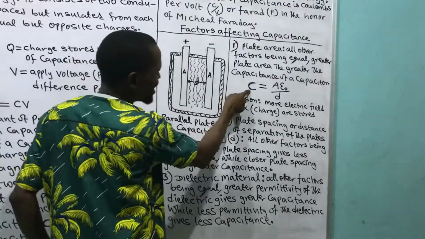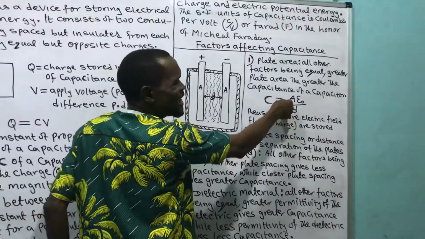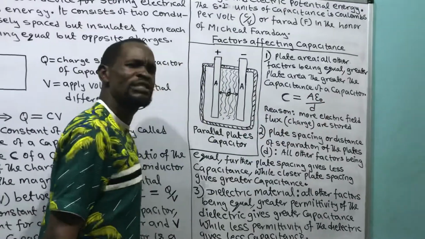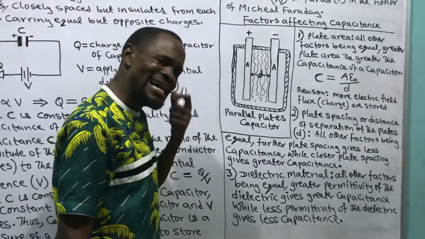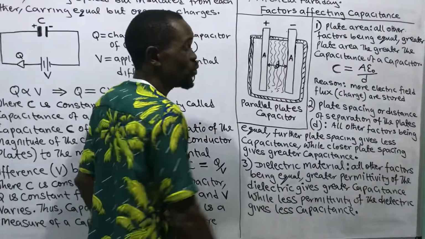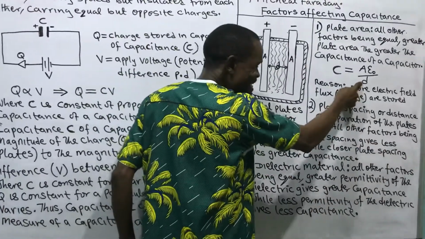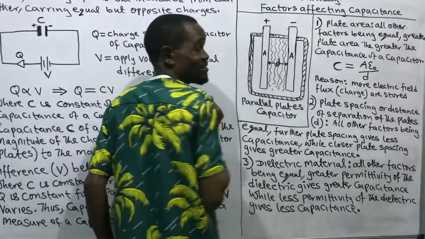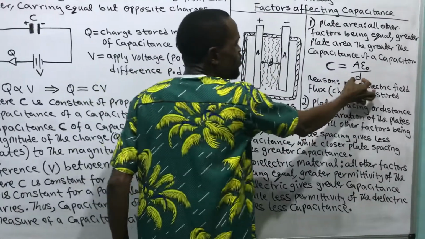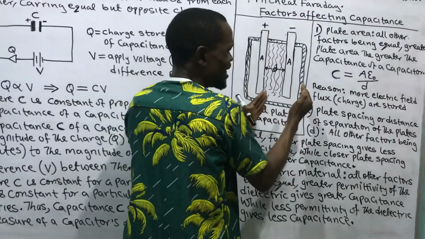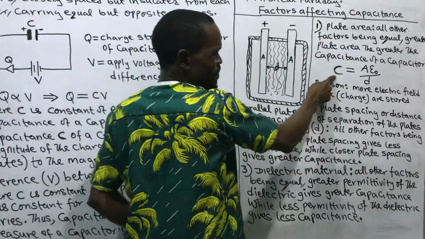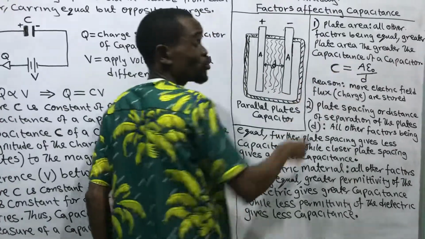From this formula, we say capacitance equals the area of the plates, epsilon O, which we call the permittivity of the dielectric, or permittivity of the medium where the capacitor is situated, over D, which is the distance of separation of the plates. Then you will now see that the more the area, the bigger this value, because this is directly proportional to